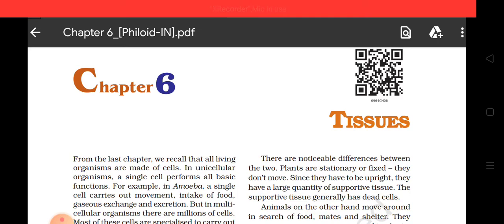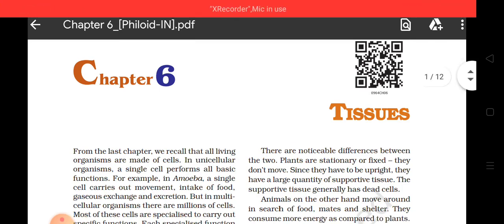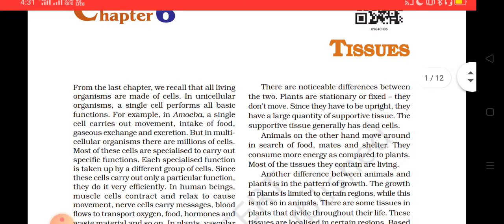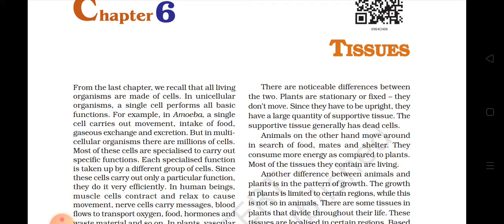It is tissue. Okay. Now, tissue is a group of cells which is seen functioning together. Okay. Group of cells which combine together and function together. The structural and functional similarities are there. The similar cells which combine together and form a tissue. Okay. Now they perform similar as well as different functions.